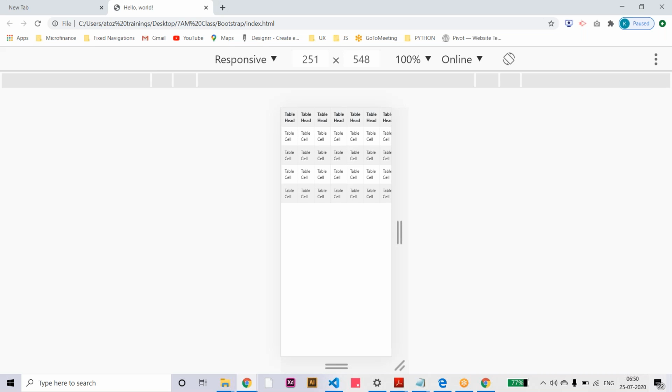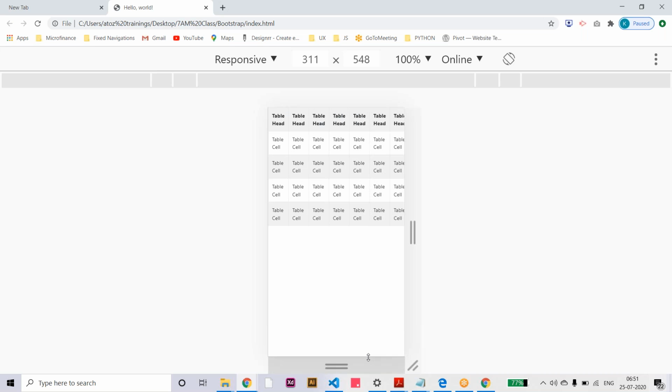And one more thing, at the bottom we can see the scroll bar. That is the browser's horizontal scroll, which should not be there. The scroll bar should be within the table. That is the responsive table.